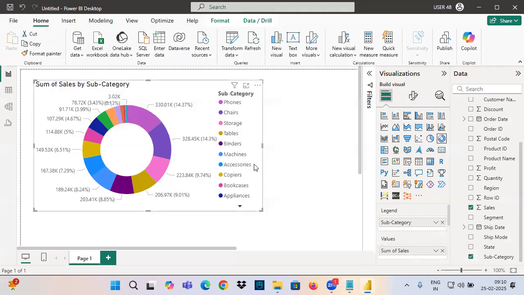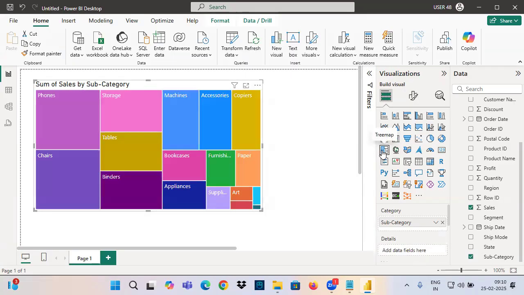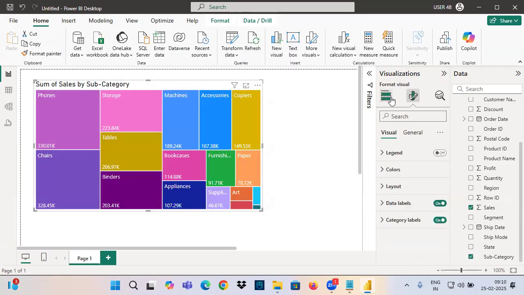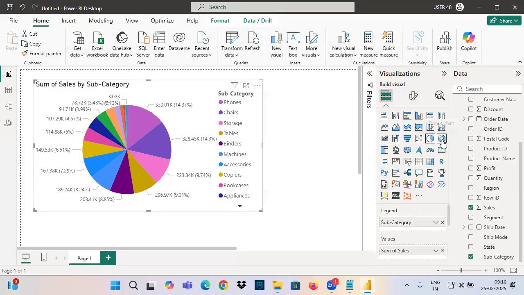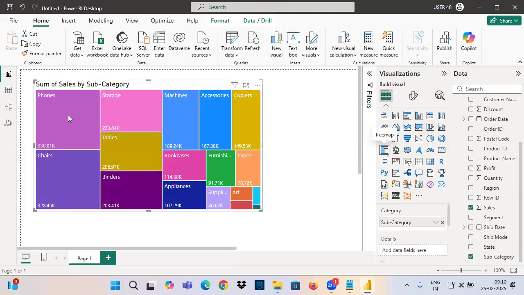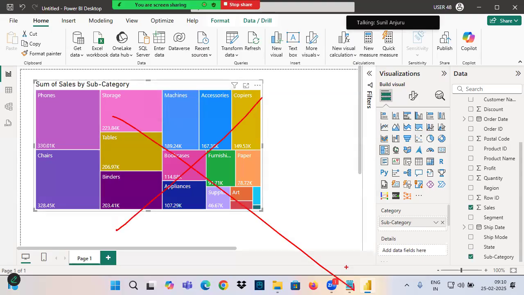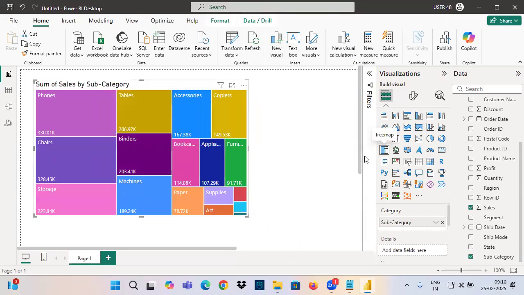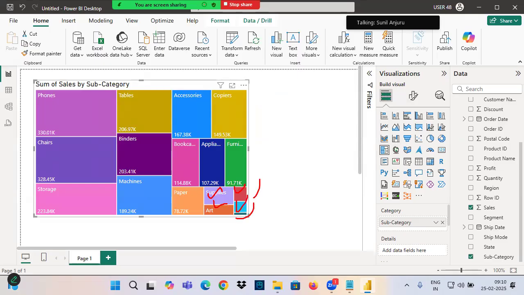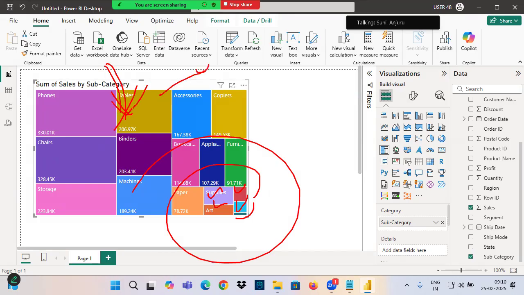Now go and convert this visual. The next visual is called Treemap. Go to format, enable the data labels. When compared to the pie chart and donut chart, the treemap is looking good. Here we can read better. Even if you think this visual is not good enough for this information, you can go to the next visual, called the bar chart. If you think that you cannot read these values and want even better, go ahead. If you are fine with this visual and the client is able to read it and says he is fine, then leave it as a treemap. Otherwise, go to